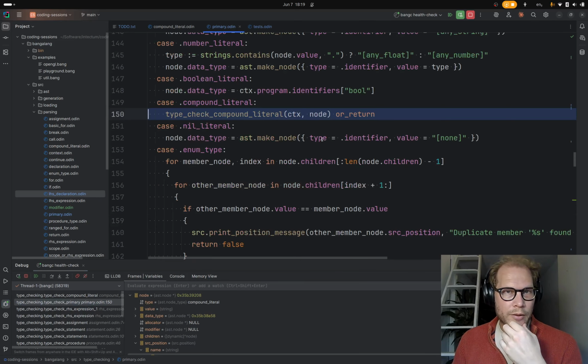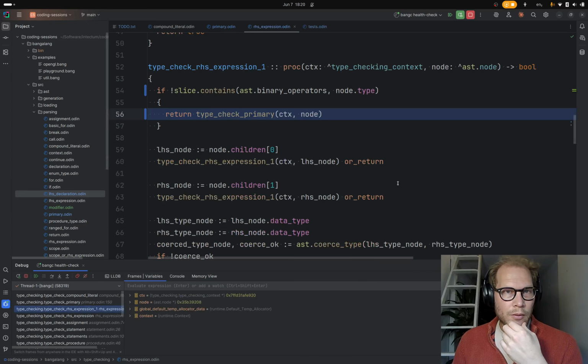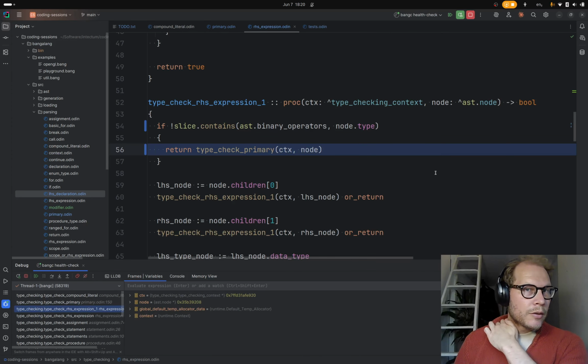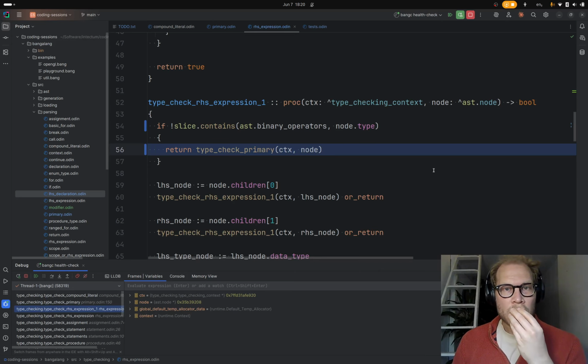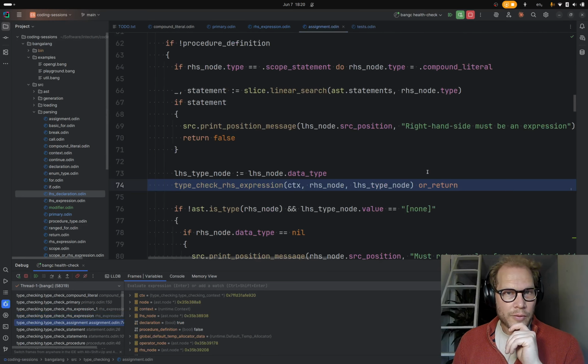Why would we get into there? Right-hand side expression. We're type checking the right hand side of an assignment.